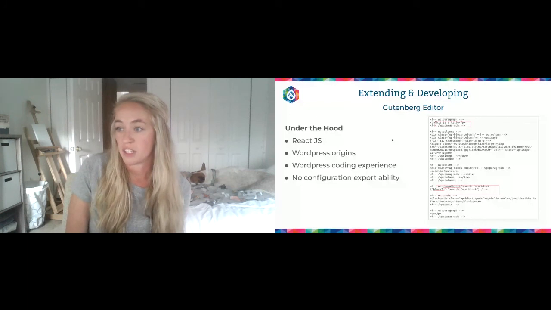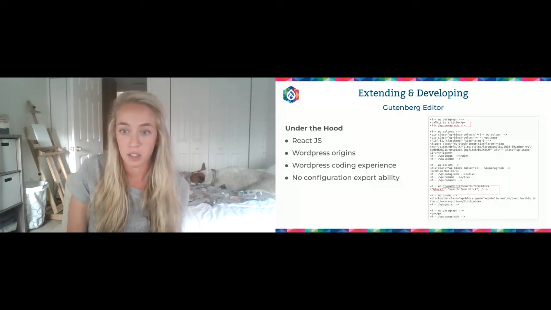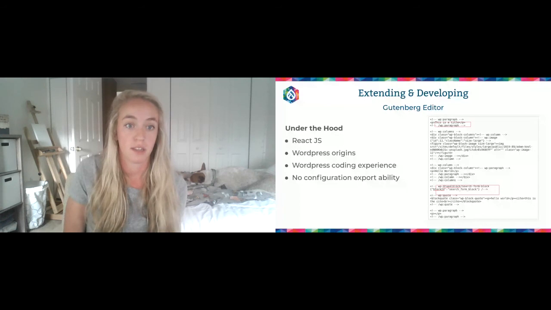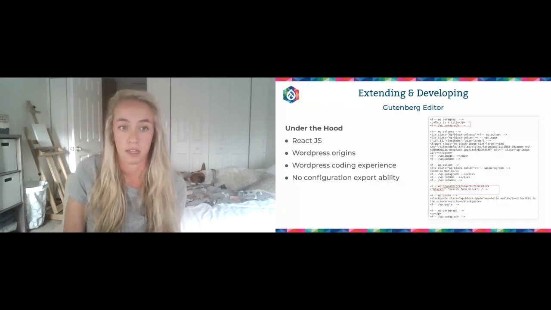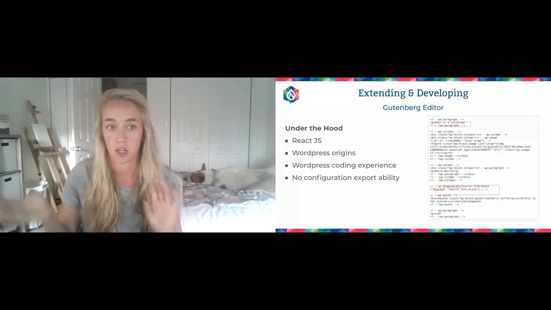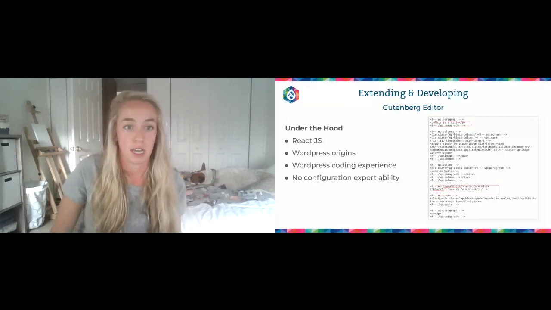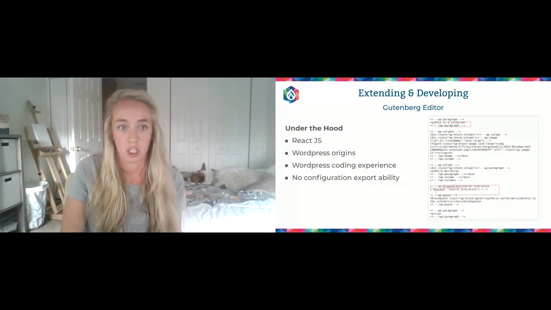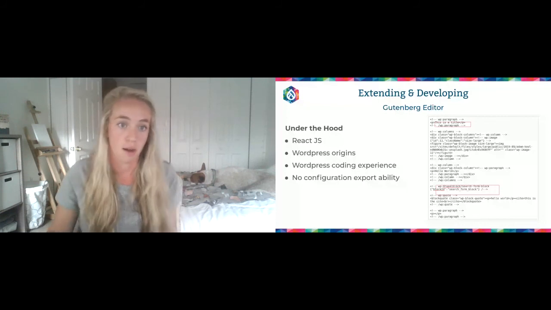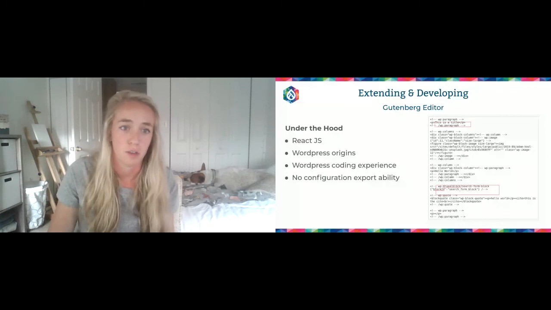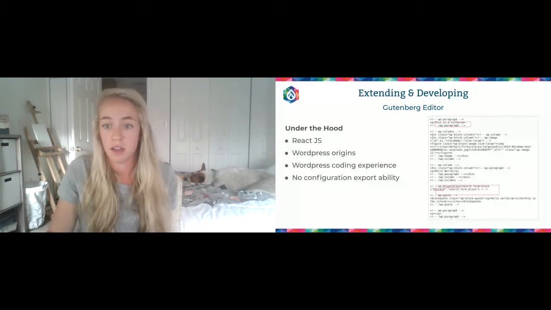There is no configuration export ability. So when I'm creating these pages on the fly, it's all in the database, which you could copy and paste the source and just drop it in your production site if that's your workflow, if you have a staging to production. But just remember, if an editor is making changes, there's not going to be any configuration that they can look back at and maybe undo. You could look at the revision tab, but